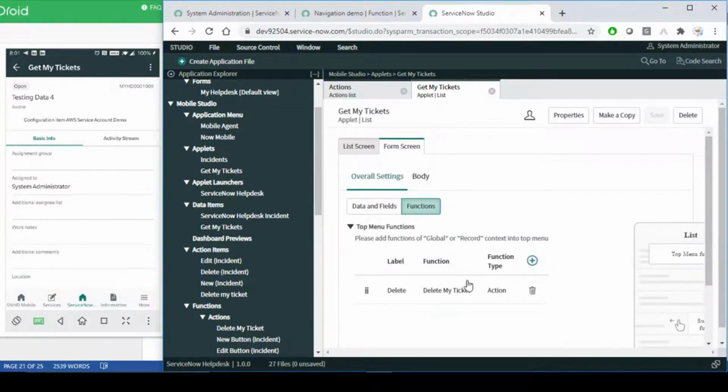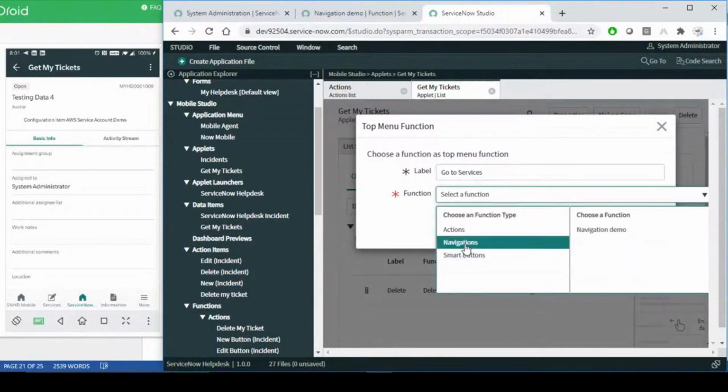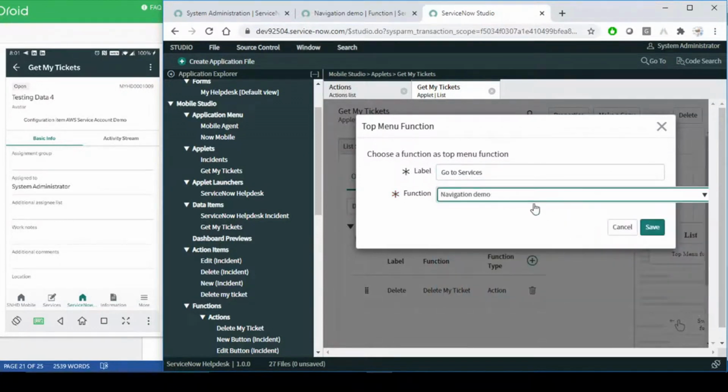And here, if you want to attach that under the menu, then we can attach it over here as well. So let me check it, and let's say I will say go to services, and here I'll select a navigation, and under that we will select the navigation demo. Fine,